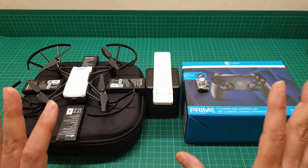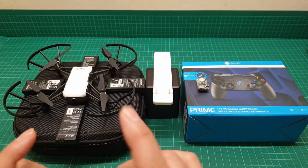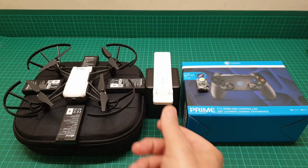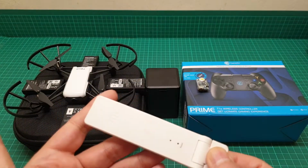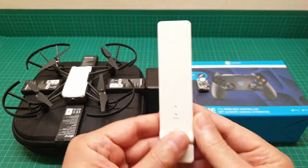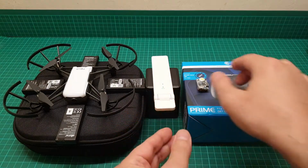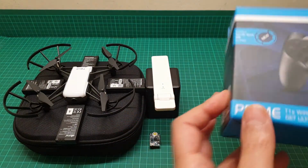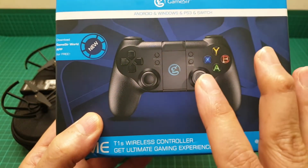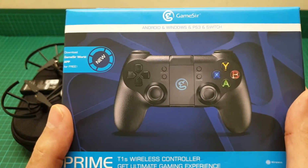Including the apps. The apps, each of them is under £5 and is money well spent if you want to enjoy this Tello. And this one, for instance, is the price of each of these when you're adding them up. It's just this one is £17 to £27. The T1S is, I think, under £27, and